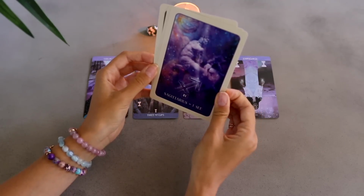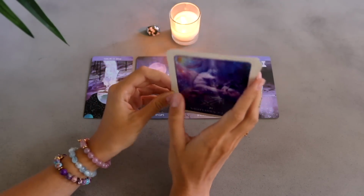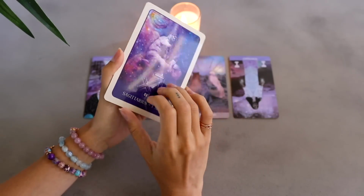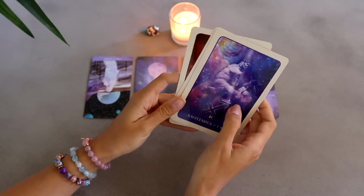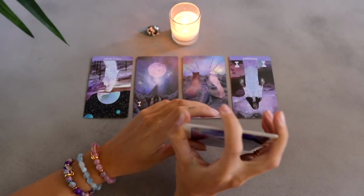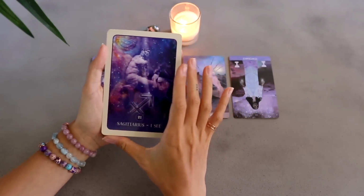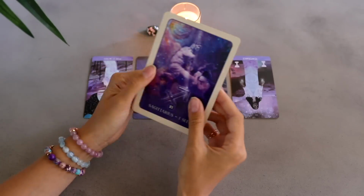I do see you guys more as extroverts than introverts, maybe even ambiverts, but mostly extroverted. Most of you watching this are extroverts, maybe a little bit of you are ambiverts, but I don't see you guys as introverts. Definitely no introverts over here. So if you do think that you're an introvert, go look into ambivert, and I think that one will suit you much better, because I do see a lot more of this extroverted type of energy. But if you're not fully extroverted, again, ambivert. I'm just rambling on that now. Anyway,